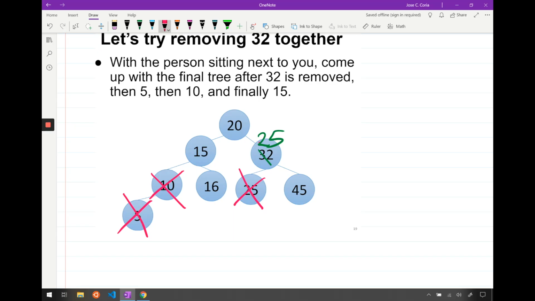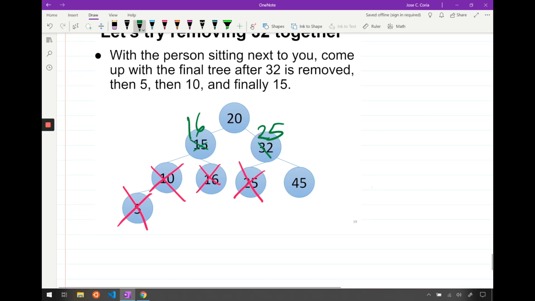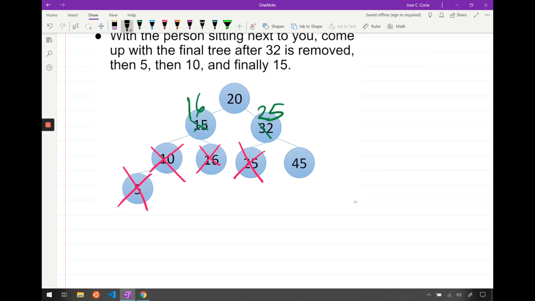Finally, the 15. 15 is that situation, that first part of part 4, where the left child is null. There is no left subtree at this point. So then 16 becomes the new root. So this goes away. We end up making this 16. So if we want to see what the final tree looks like after, it's a 20, 16, 25,